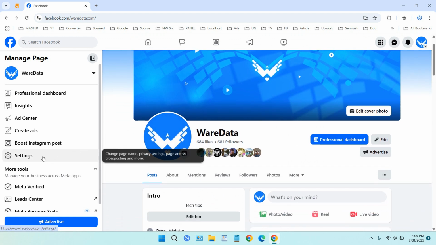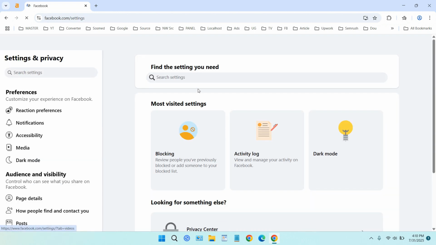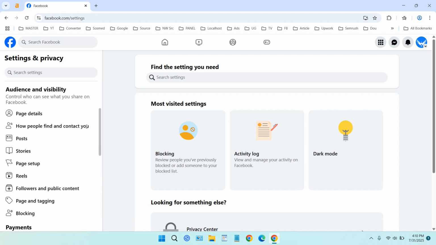First, you need to click settings. Okay, click settings here, and we suggest you use Facebook on the desktop version. If you are using Android or iPhone or another smartphone, you can just use Google Chrome and view as desktop in the Chrome settings. Okay, after you click settings here, you can scroll down and go to audience and visibility